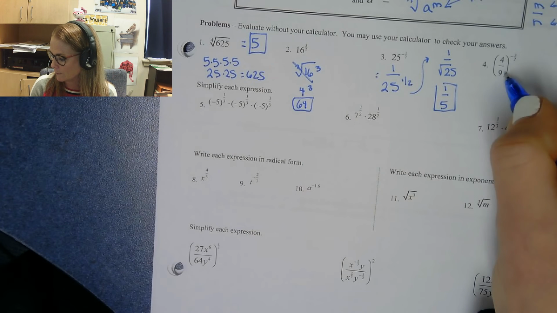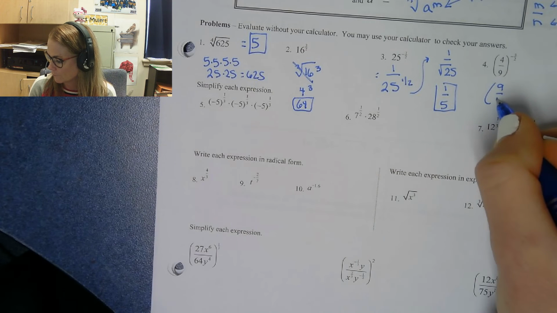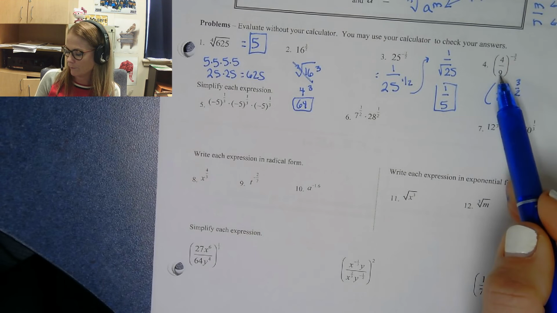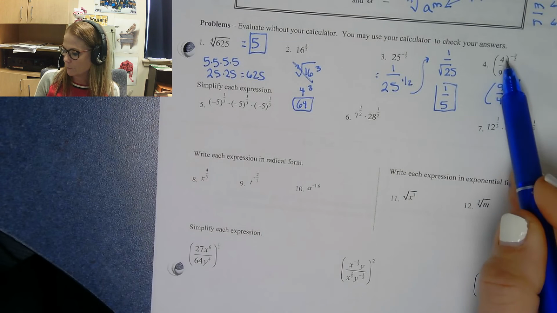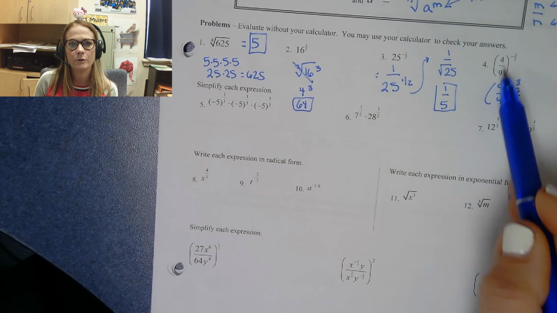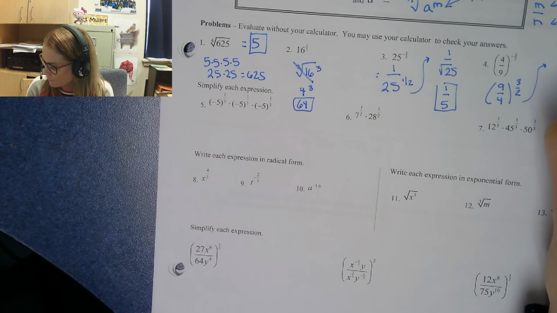So I can apply it to both of these, kind of a power to power feel. And when I apply the negative to the 4 and the negative to the 9, they're just going to reciprocate. So this would be 9 over 4 to the 3/2. So you could do it that way instead of writing it on both of them. You could do it like that, or you could just go ahead and reciprocate the 4 and the 9 to 9 over 4, and then the negative sign goes away because they've moved, and they'll still get that power on them. So this is the square root of 9 quantity cubed, and this is the square root of 4